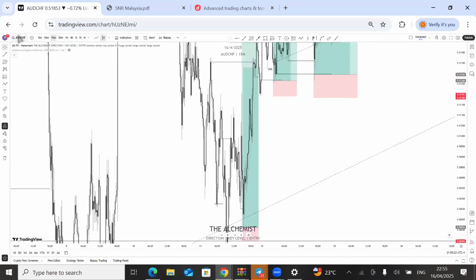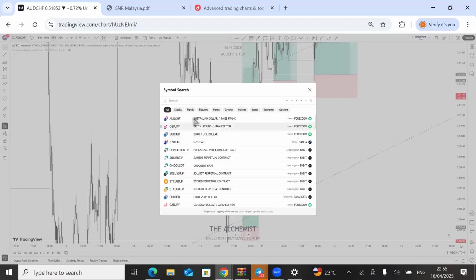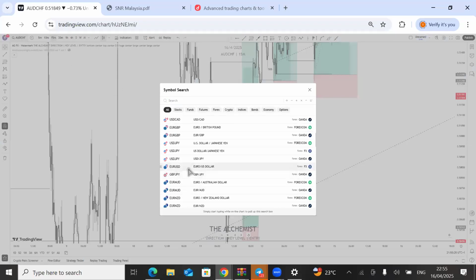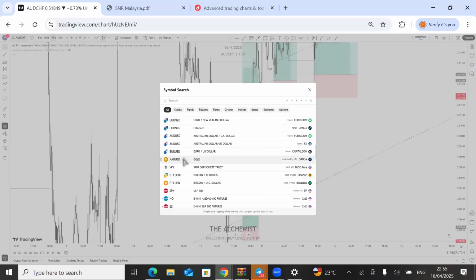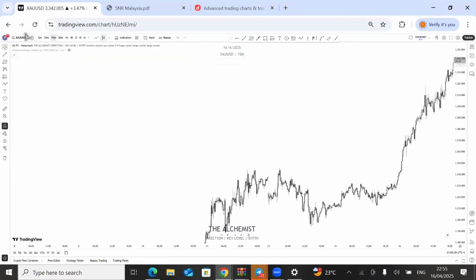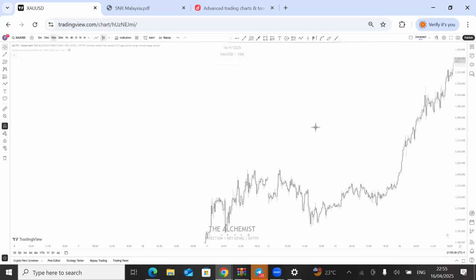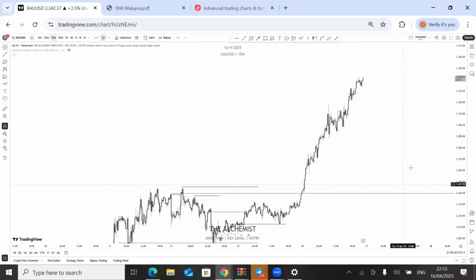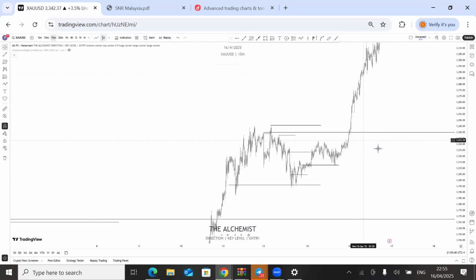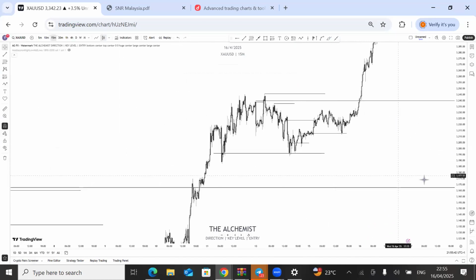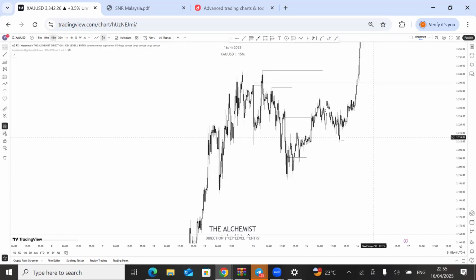And let me show you something on gold. On gold, I was expecting sells. But let's see. I didn't really notice a lot because, first of all, what made me consider this sell here on gold